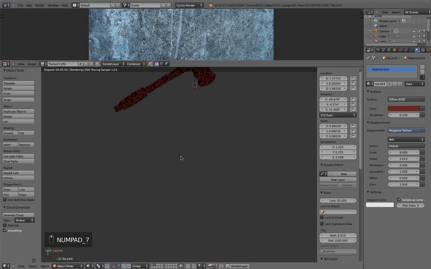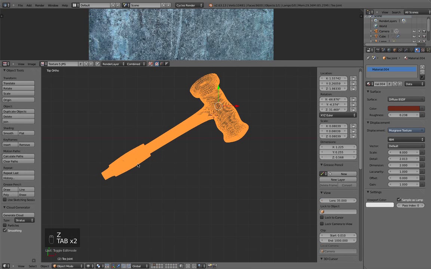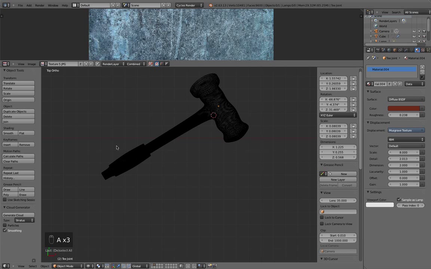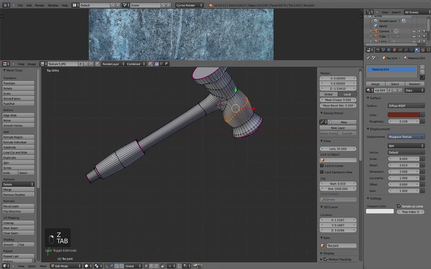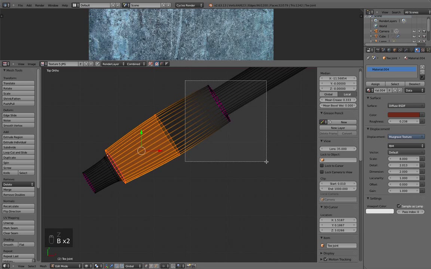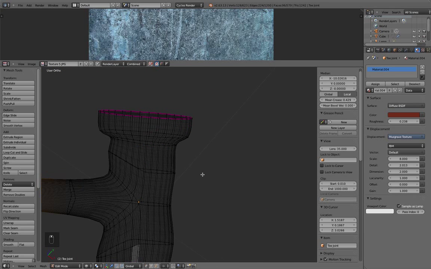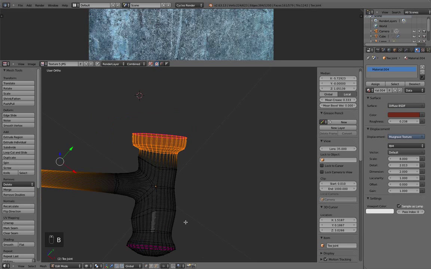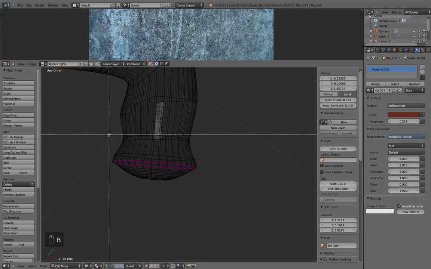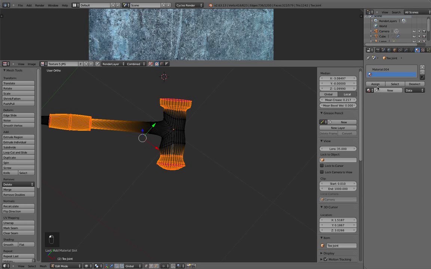And then I'm just going to go into top view. And I'm going to tab into edit mode. And I'm just going to do alt click, and then border select. Border selection there. And what I'm doing here is I'm just selecting the things I don't want to be the same material. And I'm just going to add material, click assign,